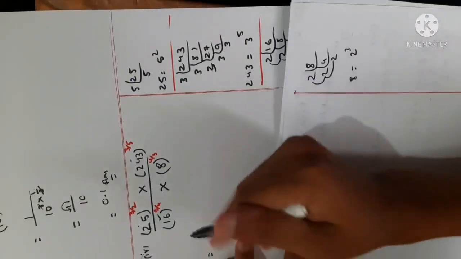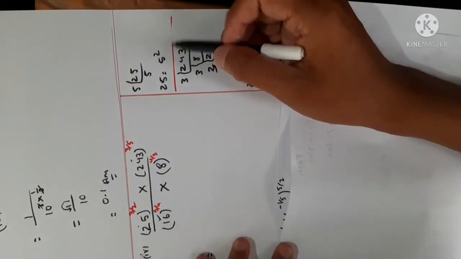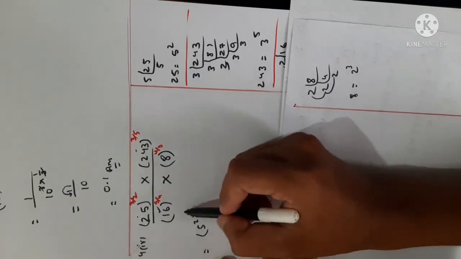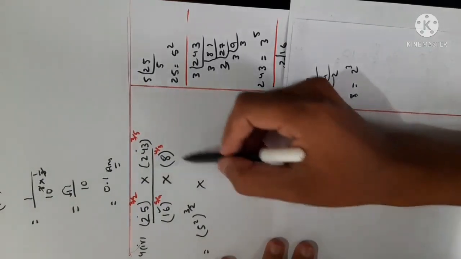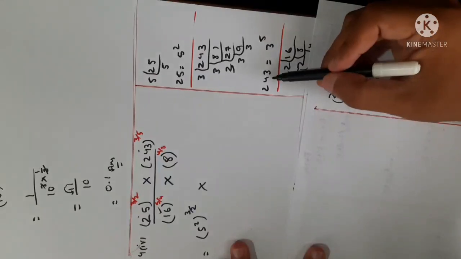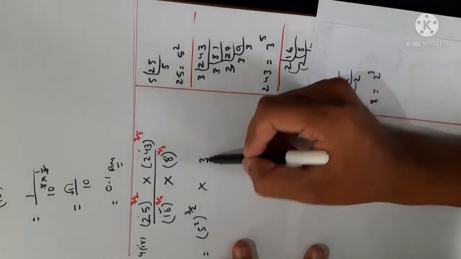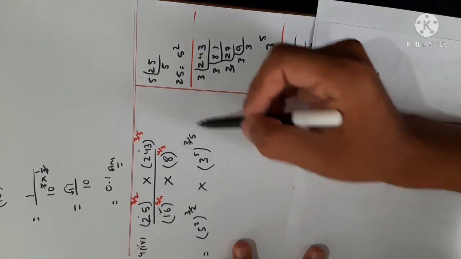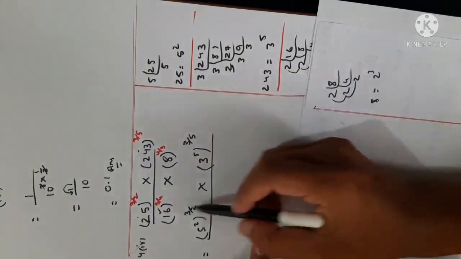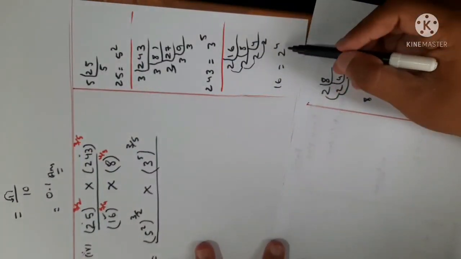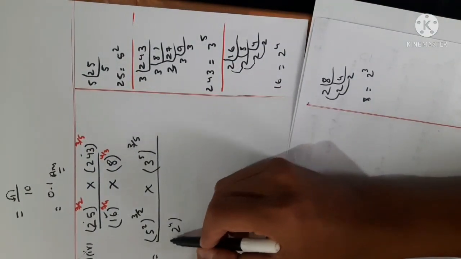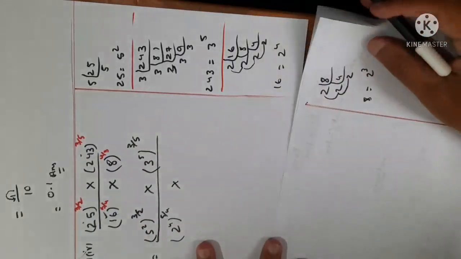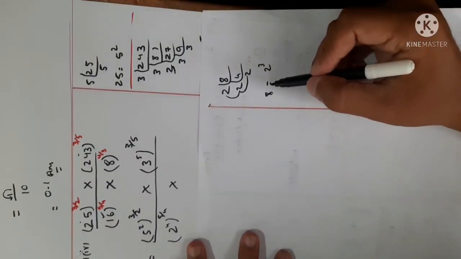In place of 25 we write 5 square, so 5 square to the power 3 by 2 multiply 243, in place of 243 we write 3 to the power 5, to the power 3 by 5, divided by 16. In place of 16 we write 2 to the power 4, raised to the power 5 by 4, multiply 8 equal 2 cube,